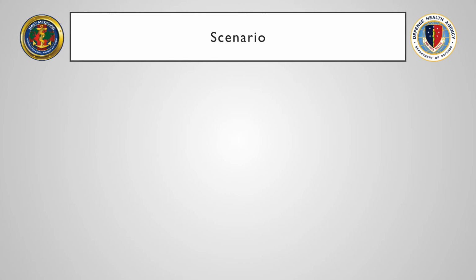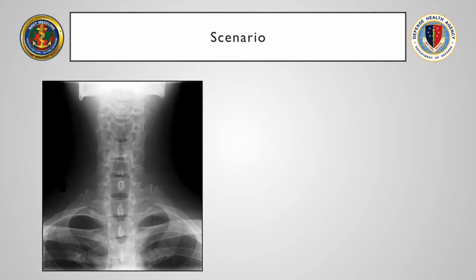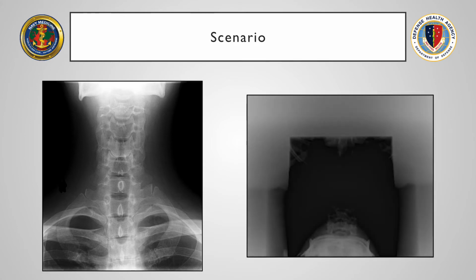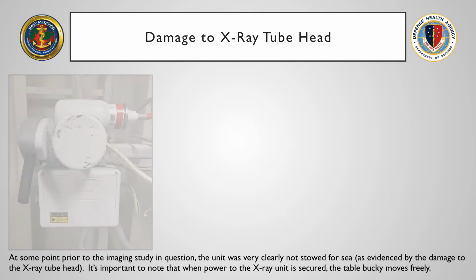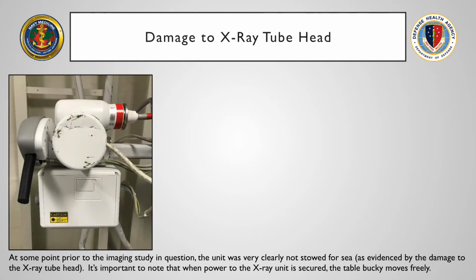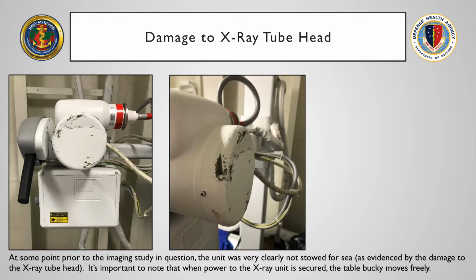What you can see first on the screen is an optimal AP C-spine exam. This is what the technologist was hoping to capture when using the automatic exposure control. What actually happened was the next image, markedly overexposed, not what he wanted. At some point prior to the imaging study in question, the unit must not have been stowed for sea, because the X-ray tech found the X-ray tube head in this condition on the screen,